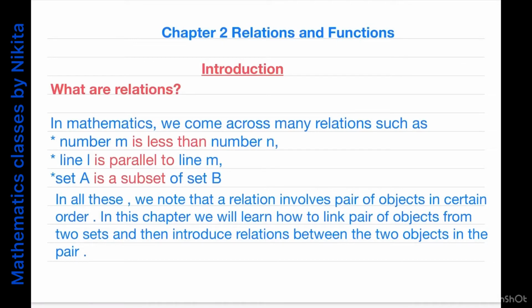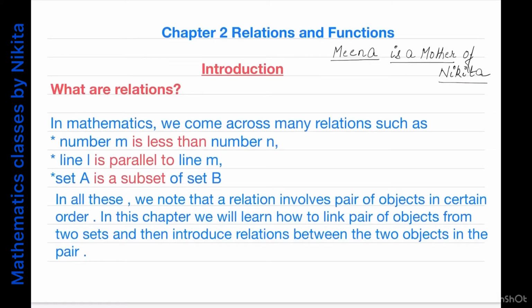So suppose I am talking about the relation mother. I write the statement that Meena is a mother of Nikita. So basically I need two people. So here the people are Meena and Nikita, and I have defined the relation between them. The relation is a mother. So basically Meena is a mother of Nikita.